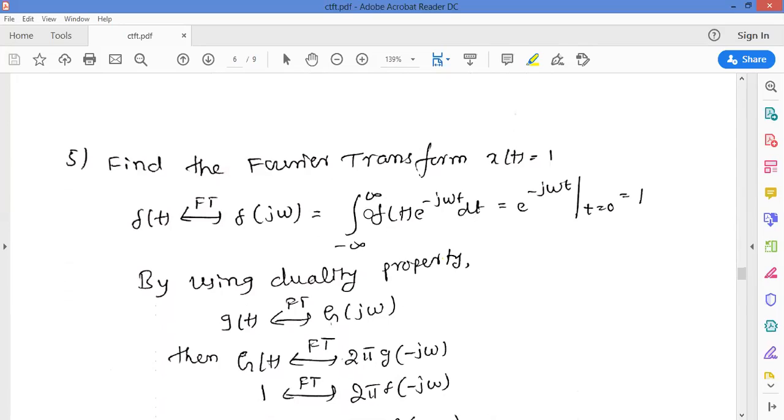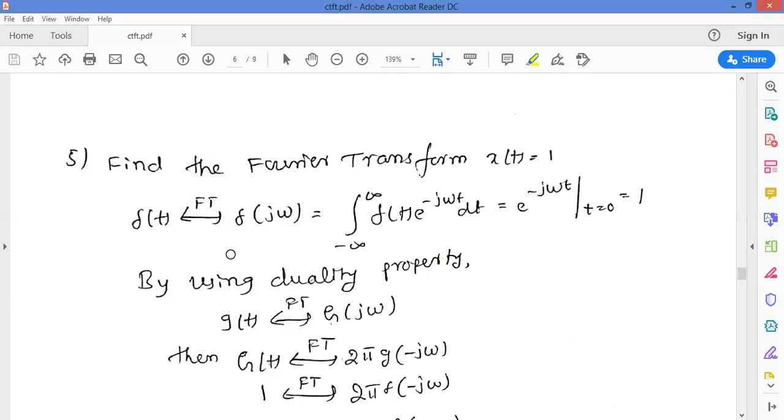Now, it's a very important function. Find the Fourier transform of x of t is equal to 1. Now, how do you find the Fourier transform? 1 means minus infinity to plus infinity. Remember, to find Fourier transform of any function x of t, the integral from minus infinity to plus infinity of x of t must be a finite quantity. If it is infinite, because the signal is varying between minus infinity to plus infinity, this integral will become infinity. Since we will not be able to find the Fourier transform by the direct method, we are going to obtain the answer by an indirect method.